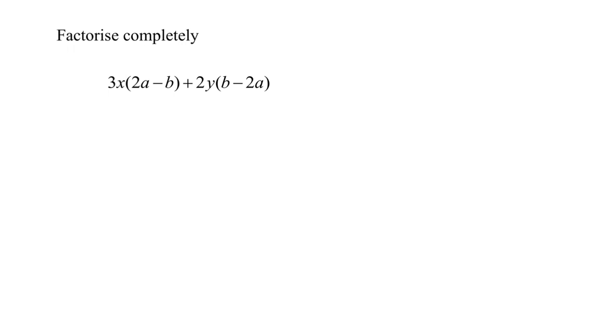Hello everyone, welcome to this question where we are given 3x bracket 2a minus b plus 2y bracket b minus 2a. We are required to factorize this completely. I saw this, and actually we could do something about this, because I know that